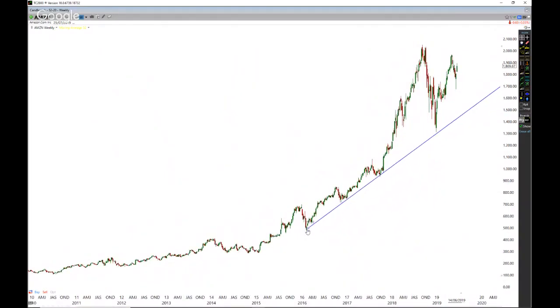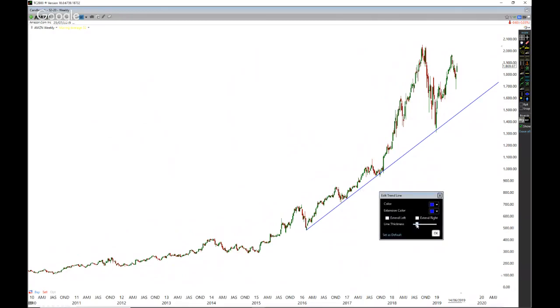So I could even draw it down from there to there. And we could draw it in from there to there, couldn't we? Look at that. Pretty much spot on through there. Right, so this line through here is not an exact finite number, is it? It's more like an area in the market. So if I go to edit this and make it a bit thicker, we know that this whole range of this line here is a pretty significant line in the markets.